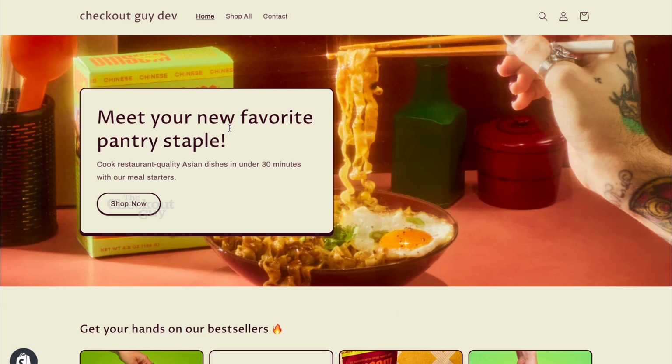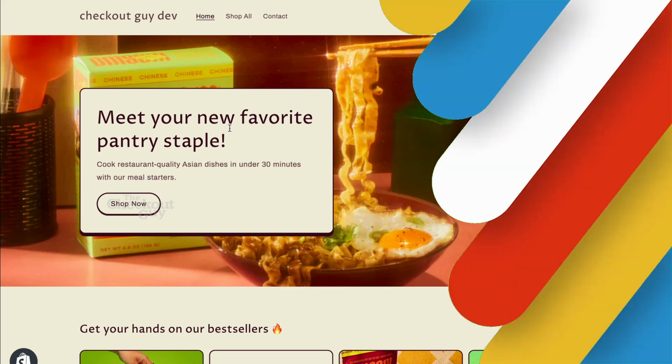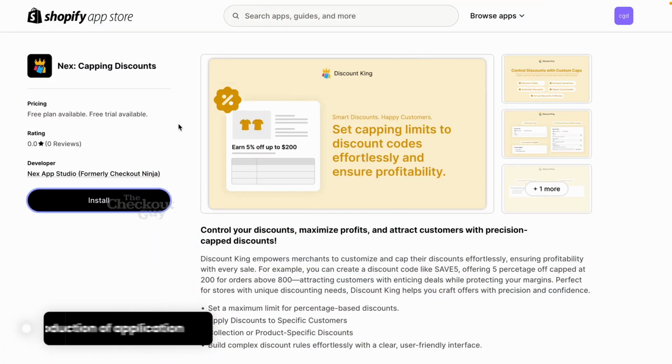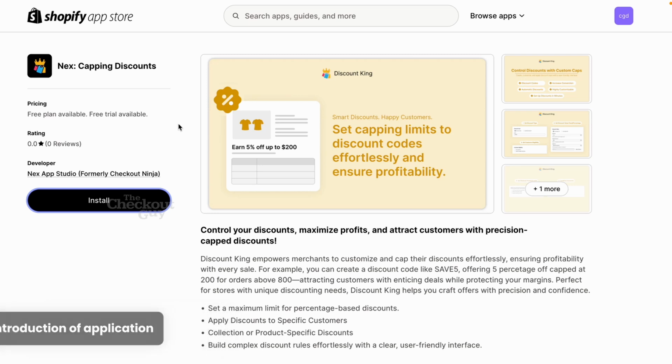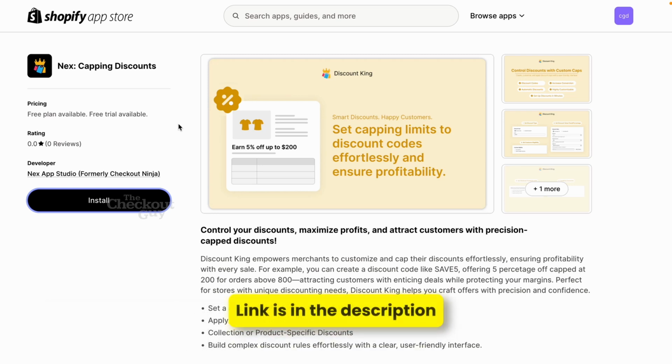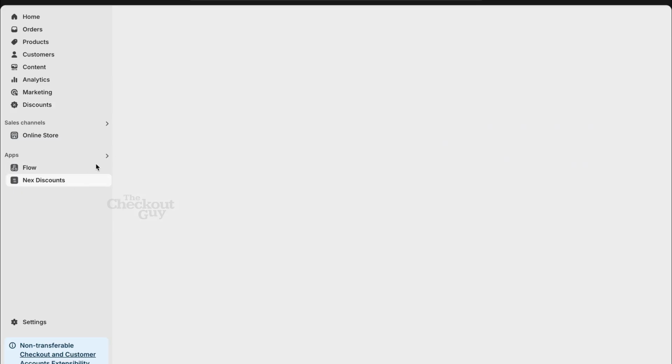Today I will quickly show you how to make a 5% off up to $200 discount for a particular collection. For this, I'm using the Next Cap and Discount app from the Shopify App Store. I also attached the app link in the description. You can also install it. Once you install the app, you can open the app,